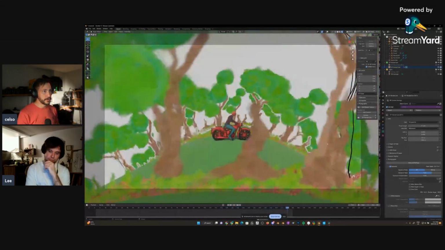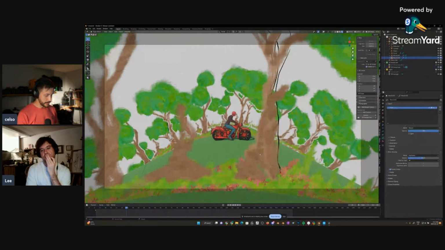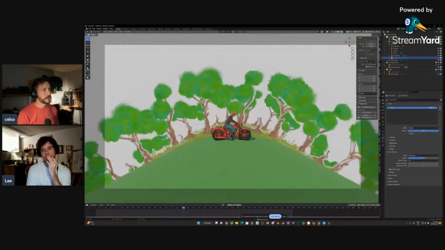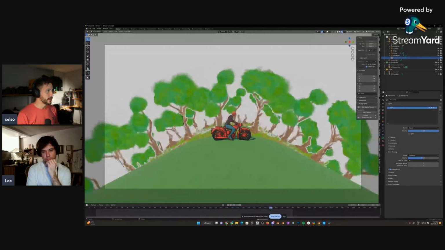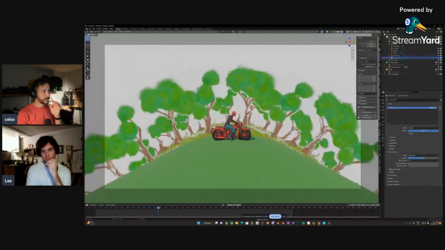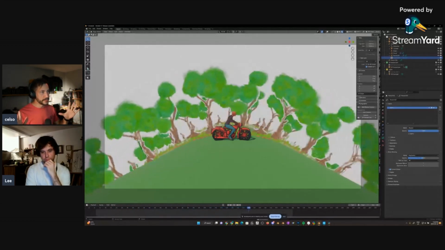And if you follow this tree, it takes a whole 10 seconds for that tree to get out of the shot. So if you're following somebody with the camera and you have an ultra wide,